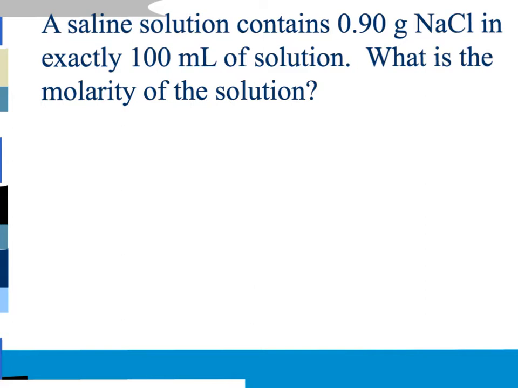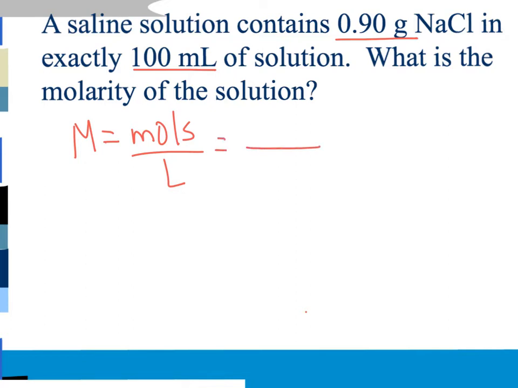A saline solution contains 0.9 grams of sodium chloride in exactly 100 mL of solution. What is the molarity of the solution? We're going to use our molarity equation: molarity equals moles per liter. We read the question. It gives us grams and milliliters. The milliliters of solution we can convert into liters, so you move your decimal 3 places to the left: 1, 2, 3. So it's going to be 0.1